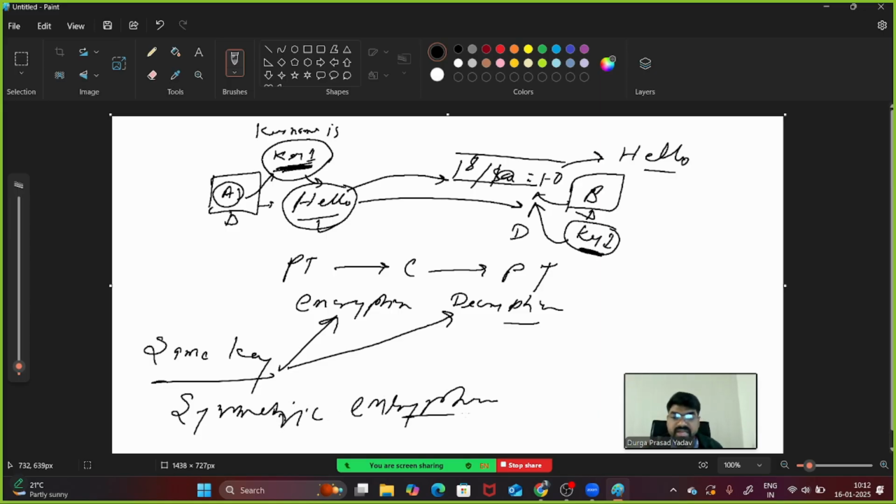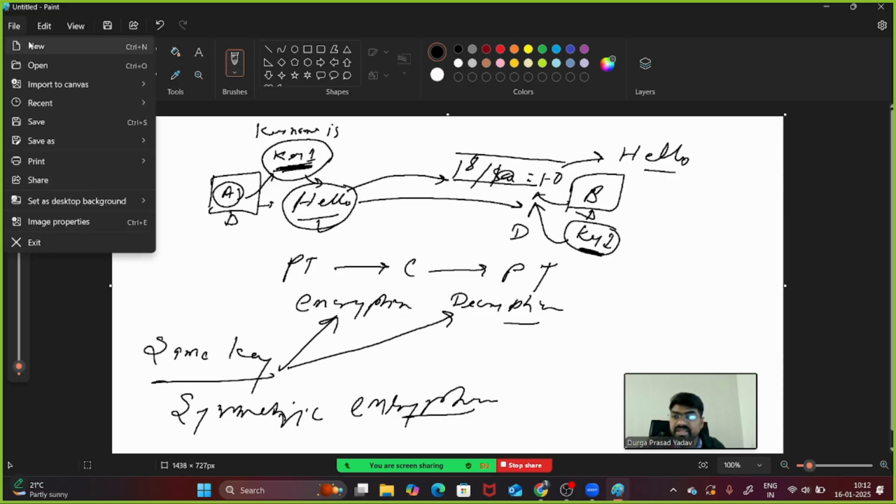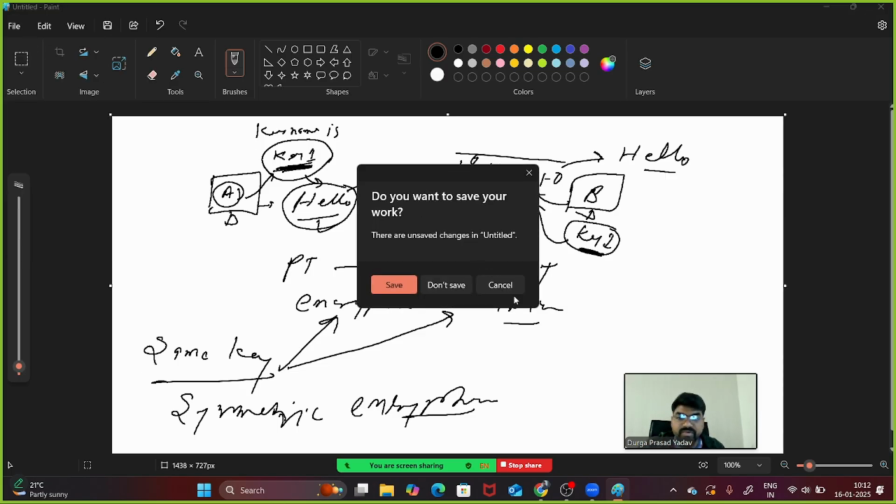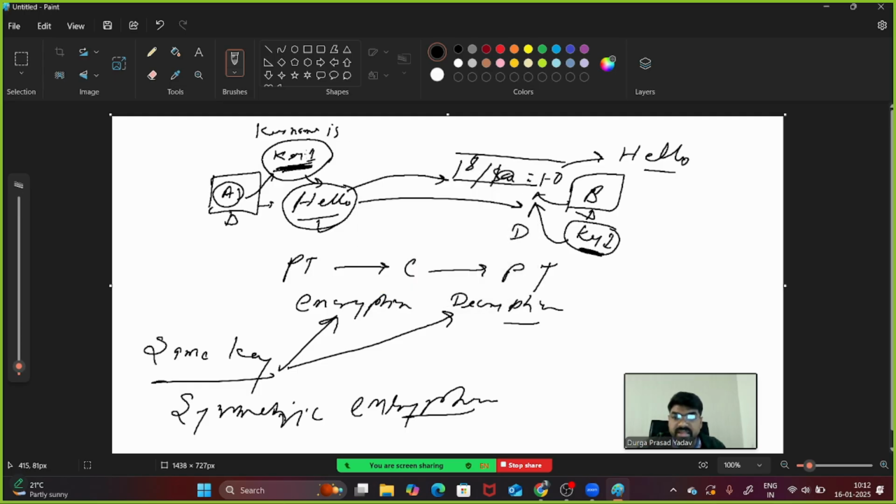But if you are using two different keys, let's say this is key 1 and now B is using key 2, to encrypt and decrypt the data, then it is considered asymmetric encryption.